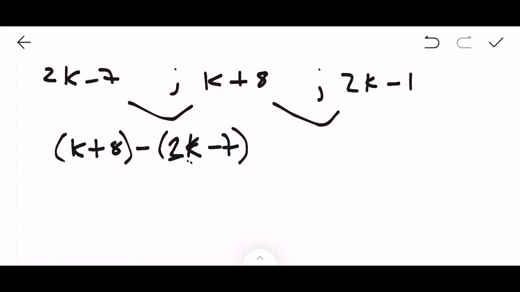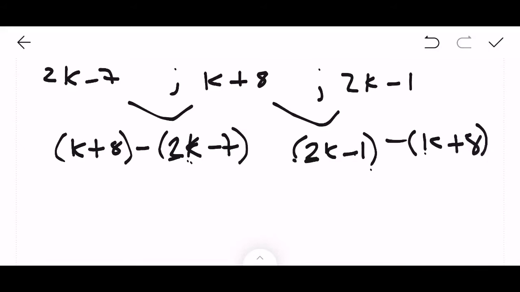The difference between these two will be 2k minus 1 minus k plus 8. So now we know that the common difference will be equal throughout, so we can say common difference,